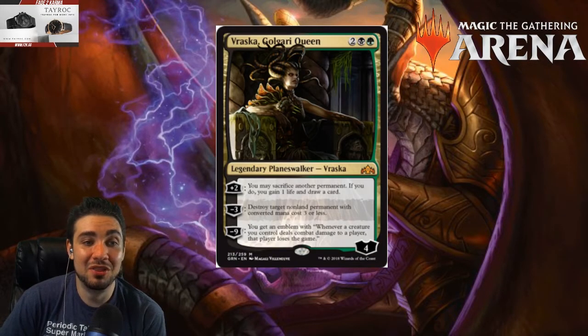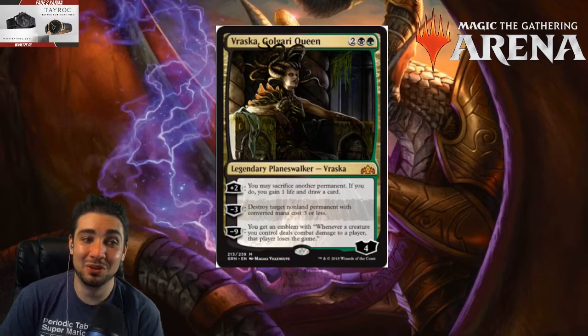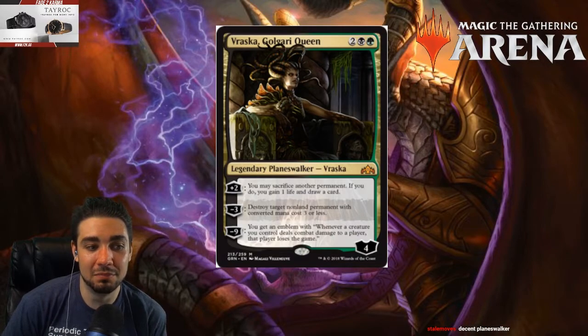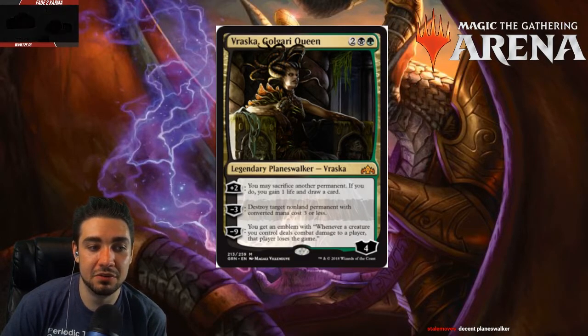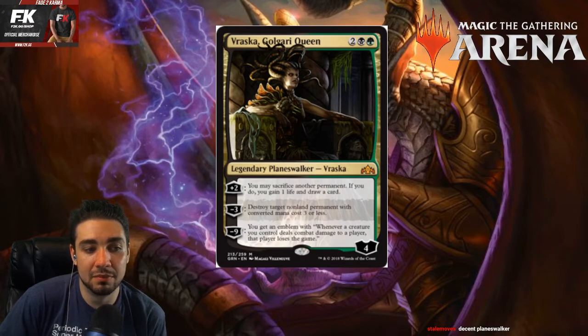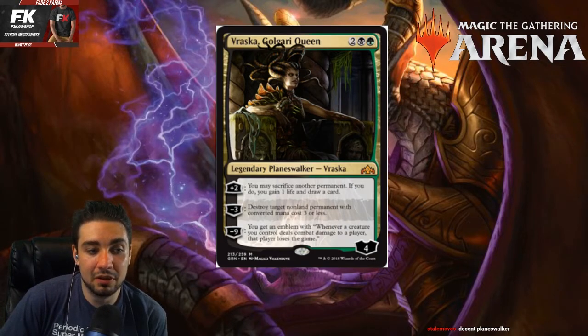And now we get to the Queen, Vraska, the Golgari Queen, specifically. It's a 4 mana, 4 loyalty planeswalker. Plus 2: you may sacrifice another permanent. If you do, gain 1 life and draw a card. Minus 3: destroy target non-land permanent with converted mana cost 3 or less, like Abrupt Decay. And minus 9: you get an emblem with